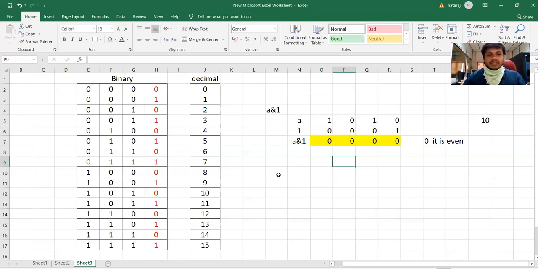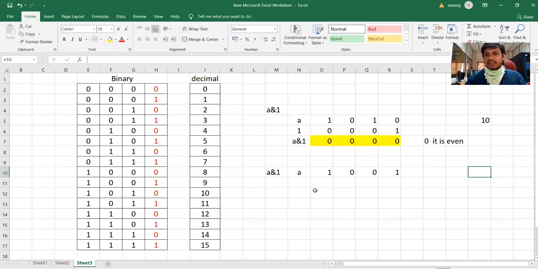Let's see the odd case. A and 1. Initially, let A value be 9, which is 1 0 0 1.